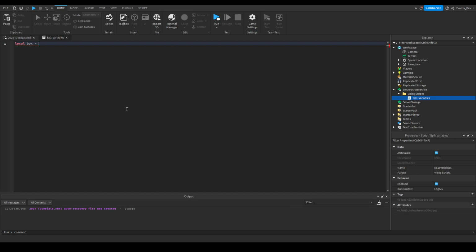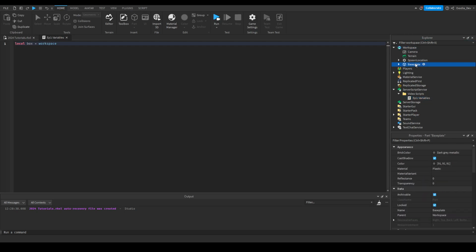So we can hold that in our box, as you saw, or we can even hold stuff like when you open up in your Explorer, you open up the workspace and you see this base plate. You can store the workspace.BasePlate. So for now, let's actually make a few variables and have local box hold the base plate. And typically also, when you make a variable, you want the name to be relevant to what it's holding. So I'm actually going to call this basePlate, and we're going to call this second one myNum equals 13, local myString